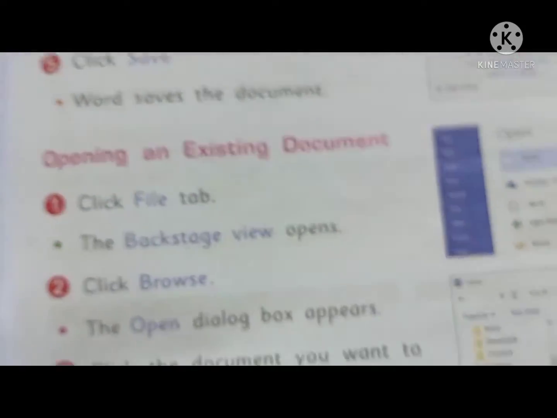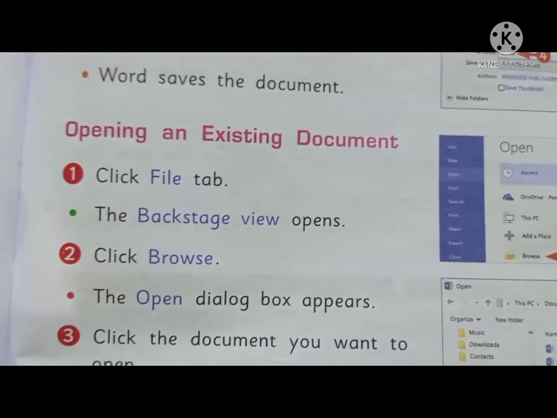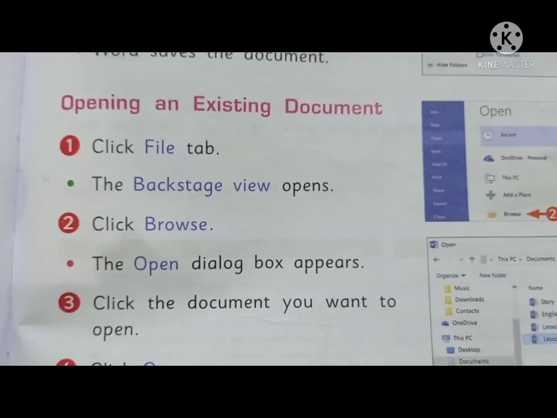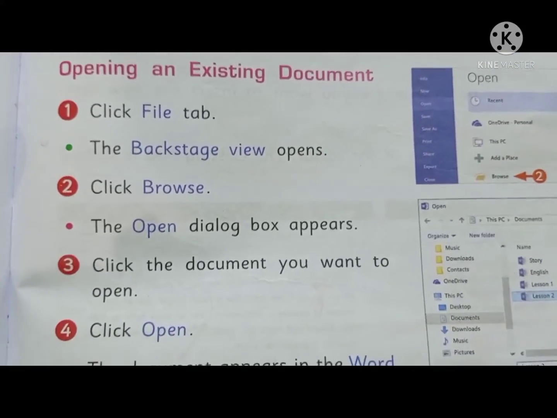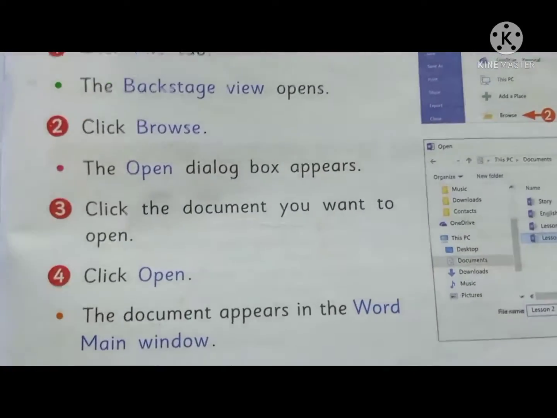Next step is to open an existing file. To open an existing file, click the File tab. The second step is to click Browse. The third step is to click the document you want to open, and the last step is to click Open.